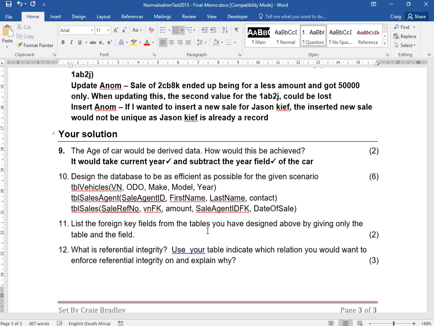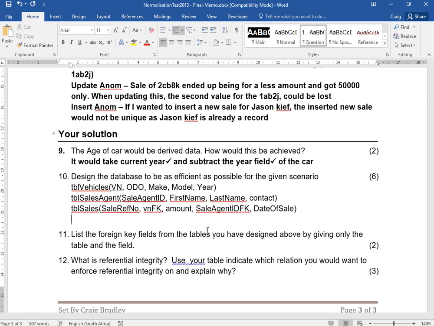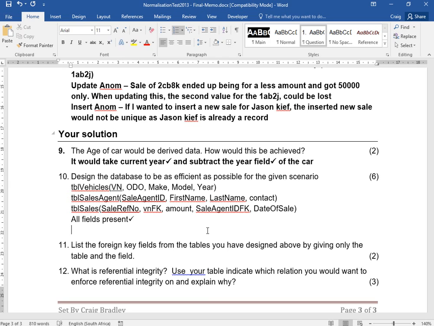Now the way I would mark it, which is also another important thing, is I would award a mark for all fields present. I don't know if this is how I set up the memo for this one, but I could, for example, give it a mark for format. In other words, if you presented it properly, because in the instructions at the top of your test, when you write out tables, you're meant to present it in a proper format. And the format that it should be is this. The next mark would be